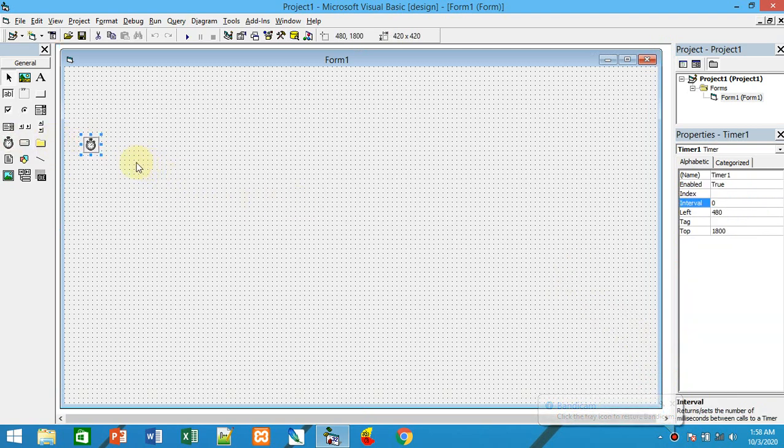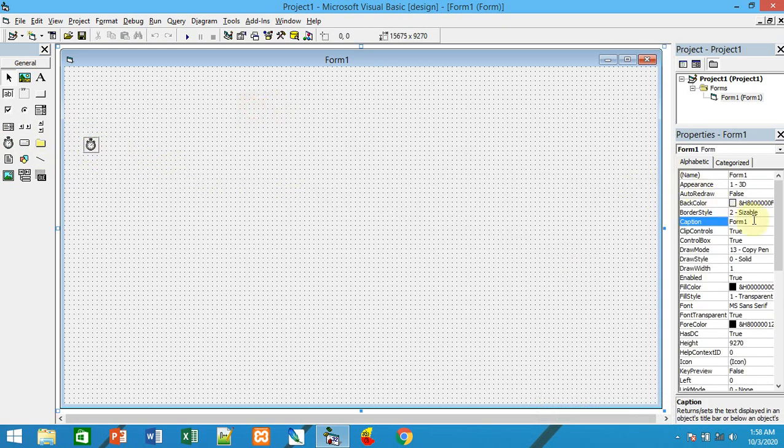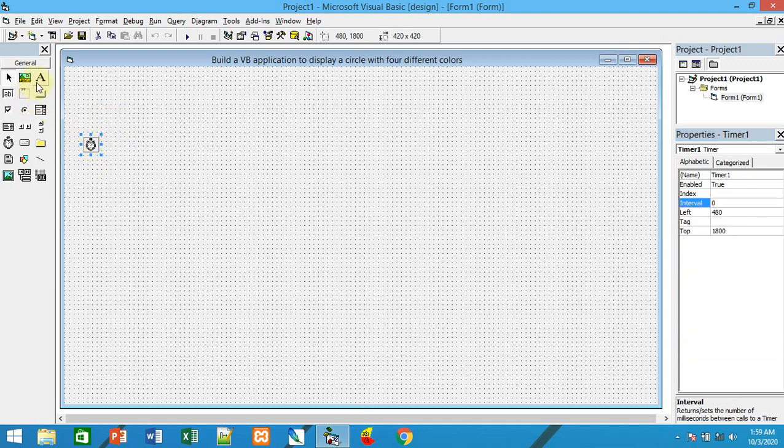Okay, so timer is that control which is invisible at the runtime. In the sense, if you run the form or application, you can't see this icon or this particular symbol, but if you go for label or command button or text box, you can see it by default.